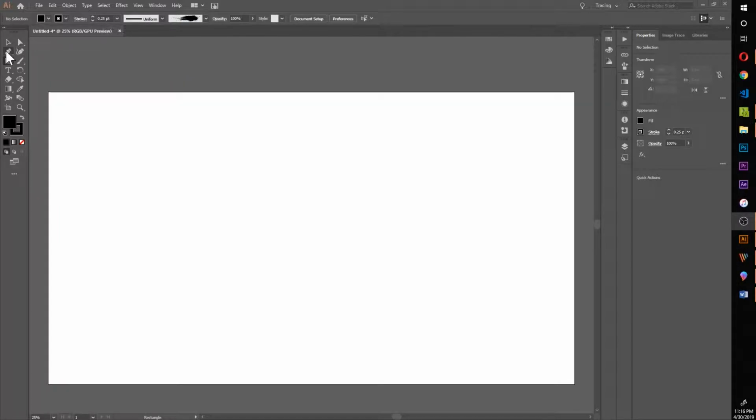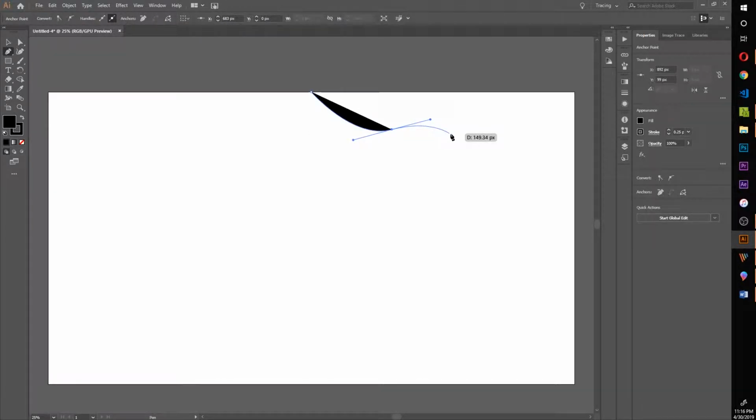And to draw the shape that's going to go around our navigation, we're going to go ahead and grab our pen tool here, and then we're going to look for about the center of the document. There we go. We'll click to draw our first point, and then we're just going to go ahead and click and drag to start a Bezier curve, and that'll just give the shape a nice clean appearance here. So we'll get that going. Draw a few more points, something like that, and like that,